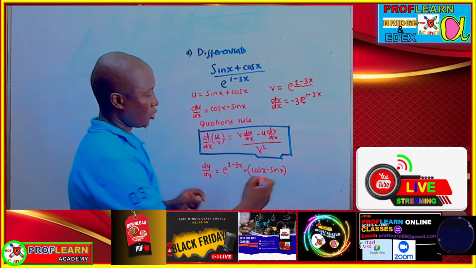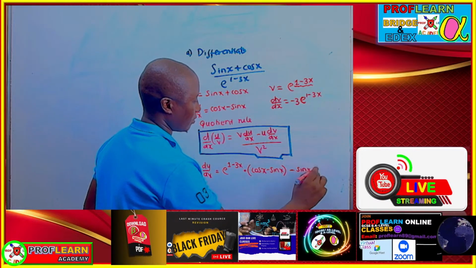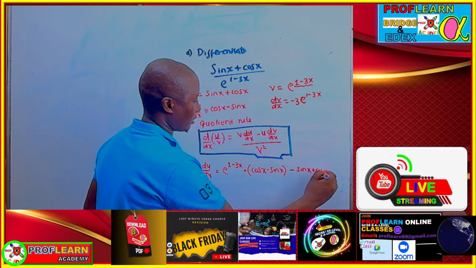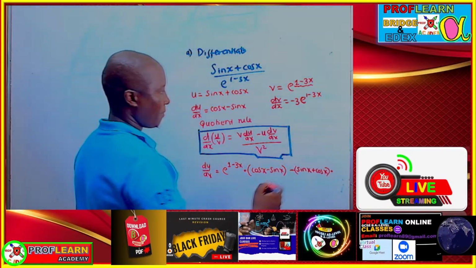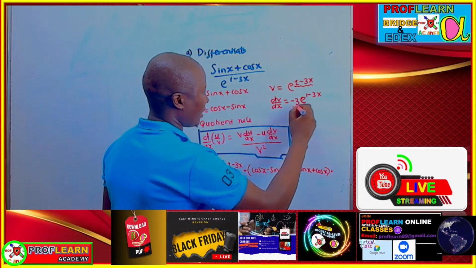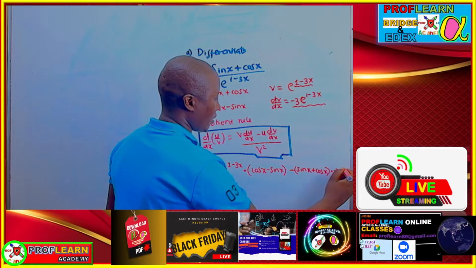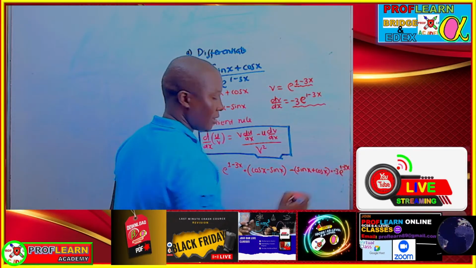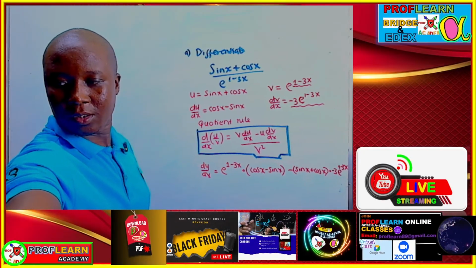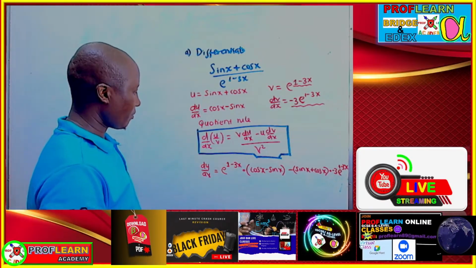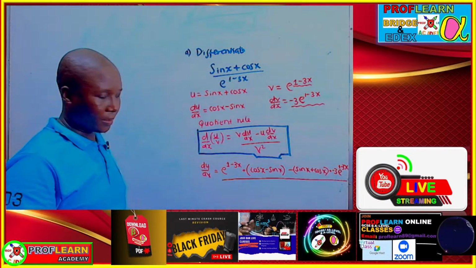Then the next term will be minus u, but u was sin x plus cos x. Then this one is going to be times, we are going to multiply here by dv dx, and dv dx is this part that is well seated here, minus 3 e to the 1 minus 3x. I believe you can see that point here. Then we're going to divide everything that we have in front of this by